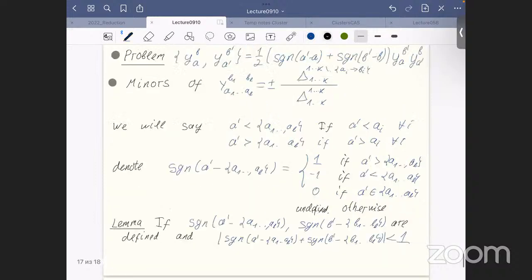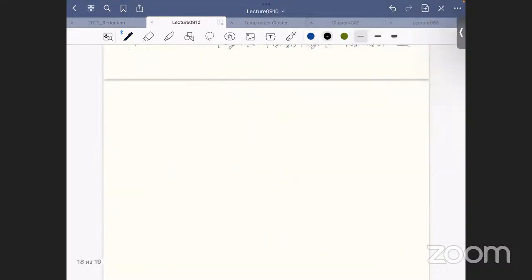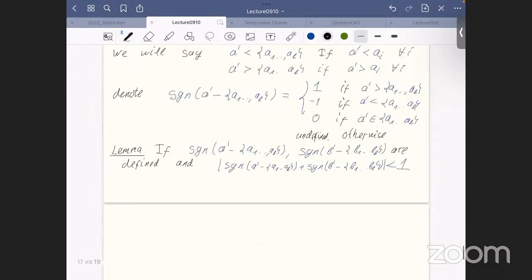Then... Sorry, you mean this is 0? Sorry, less than or equal to 1. Then the Poisson bracket of